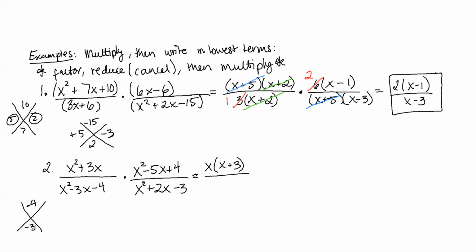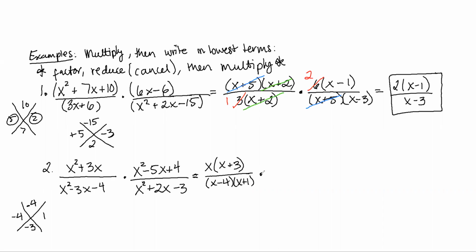Think about those numbers for a second. We would get 4 and 1, and the 4 has to be negative. So we have x minus 4, x plus 1,